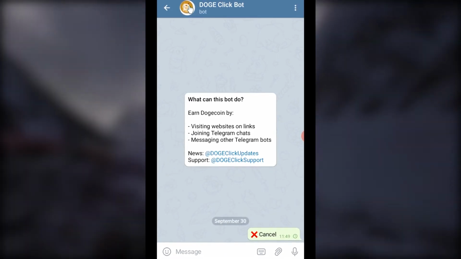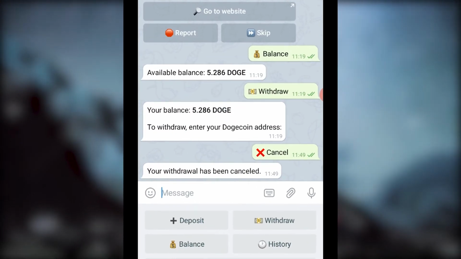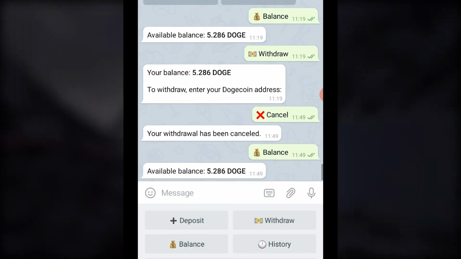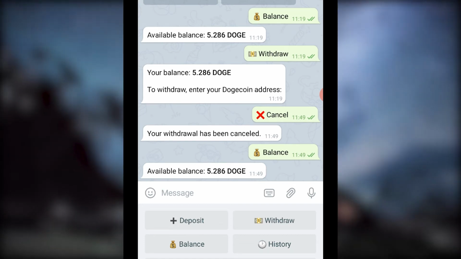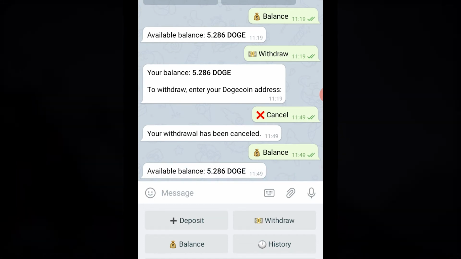Okay, first go to balance. Let me see my balance. It's all the same in this bot. Visit websites, and then you're going to earn free Dogecoin. Okay, so this is our balance. We have 5, and let's go to withdraw,